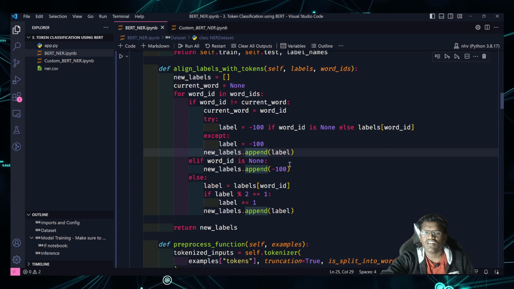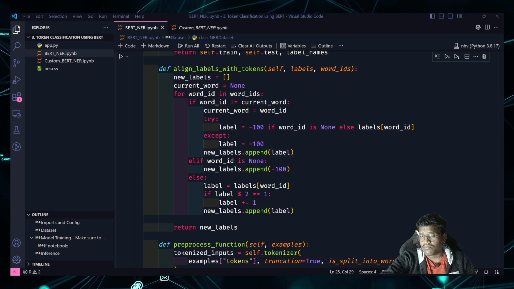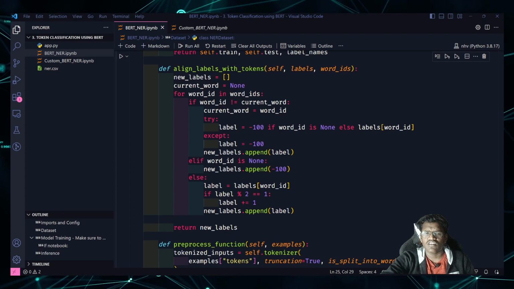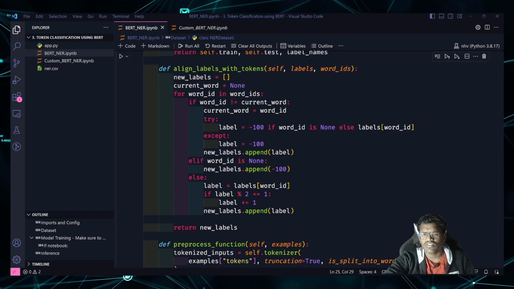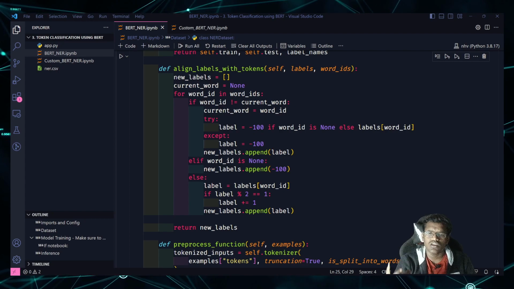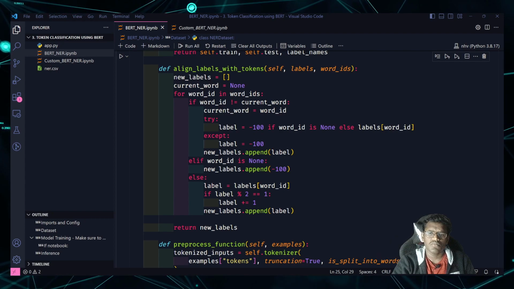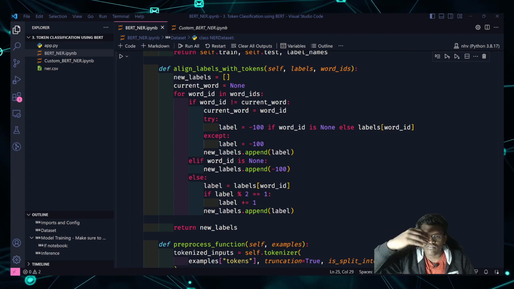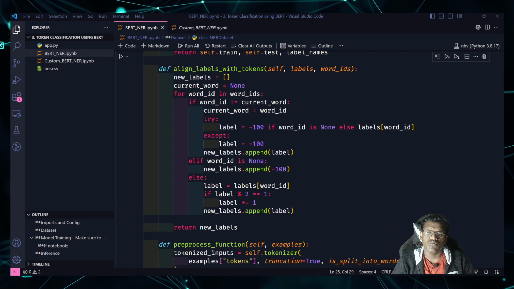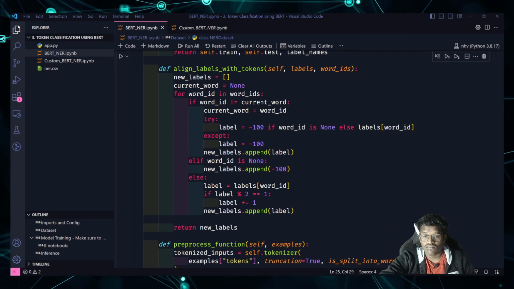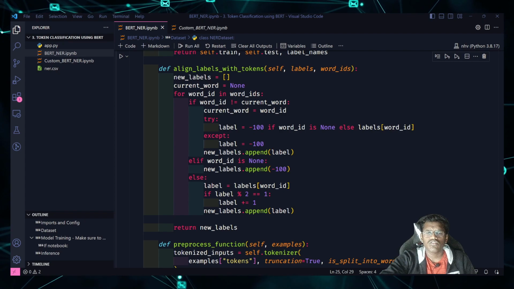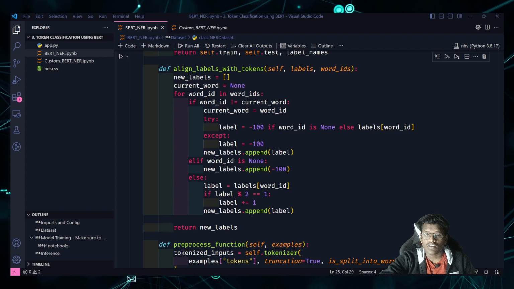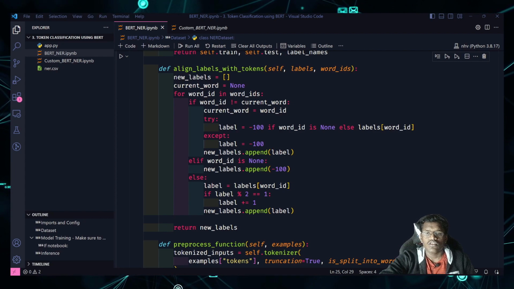Similarly, again we are checking if it is a special token. This is to check again for a special token, and if it is a special token, append -100. The first one was to check if it starts with a new word, and then we move forward because, like I said, there are possible subwords, right? So next, if the word is the same as the previous token,